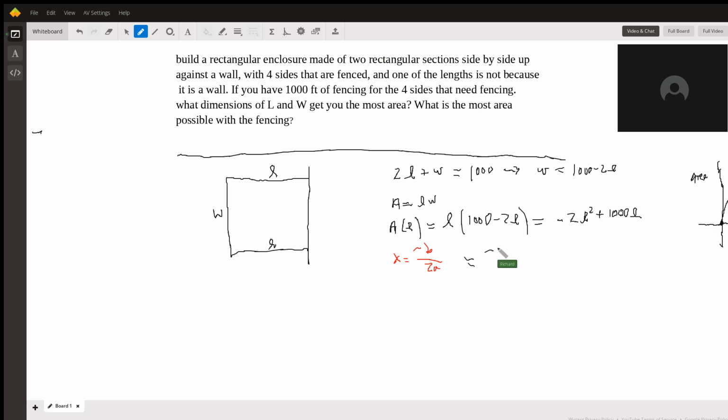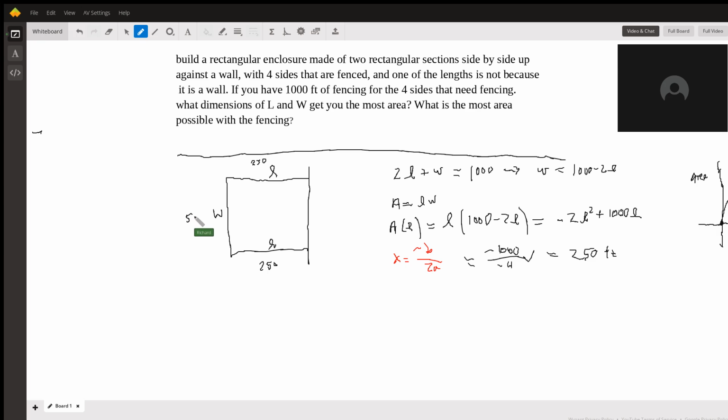So it's going to be negative 1,000 over 2a, which should be negative 4. So it's going to be 250 feet. So it's going to be 250 here, 250 here,